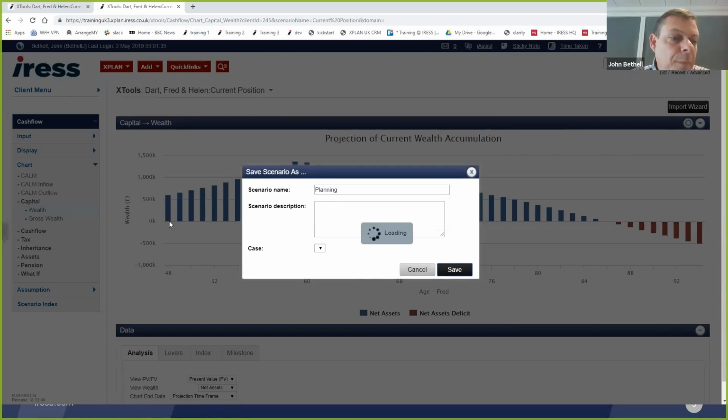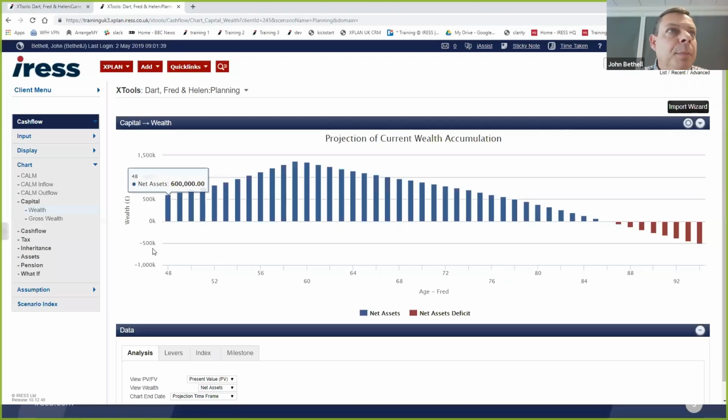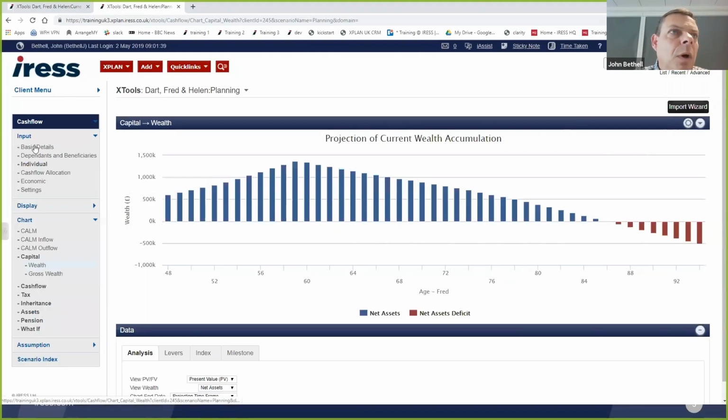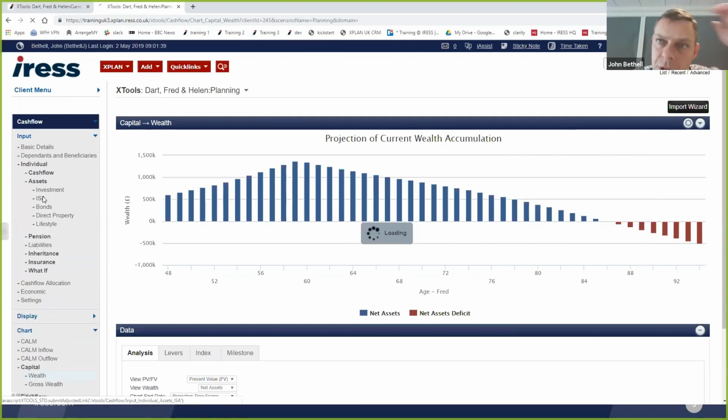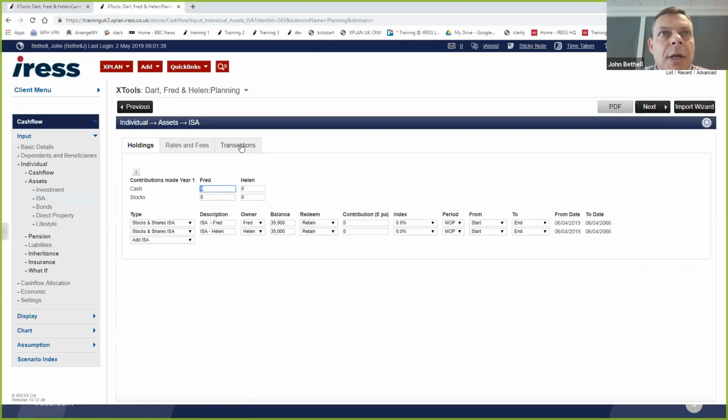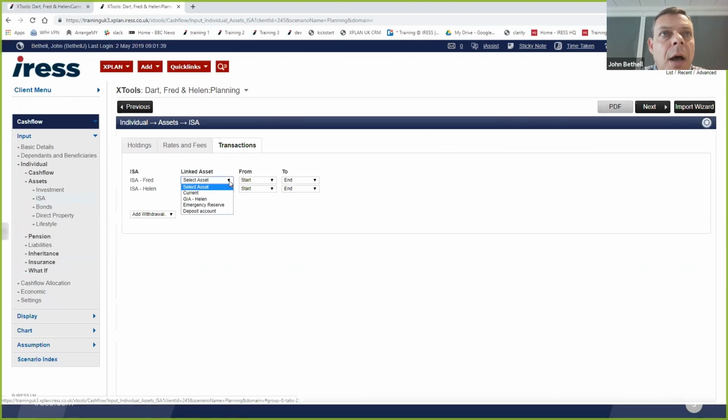And I'm now going to go back and have a quick think about some of the things I might want to do from a financial planning point of view. And these are by no means all, this is just for illustrative purposes, but I might, for instance, think, well, actually, do you know what? They've got some ISAs there. What I'd like to do is auto ISA because they've got the GIA. I'm just going to take the GIA value, and every year I'm going to use the client's ISA allowances.